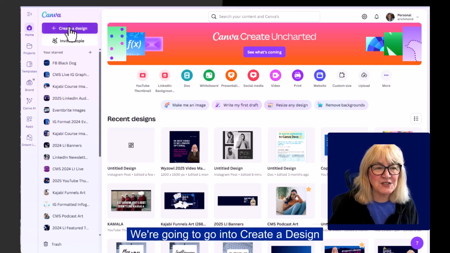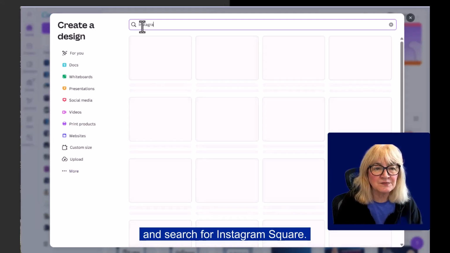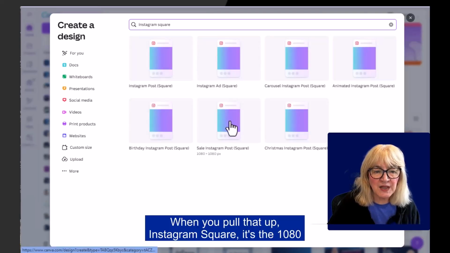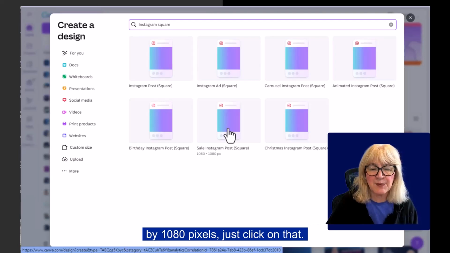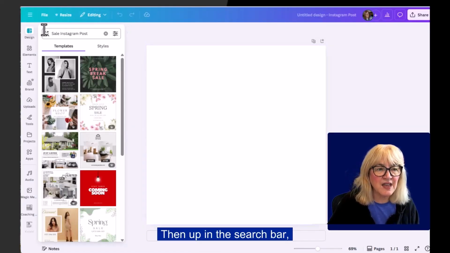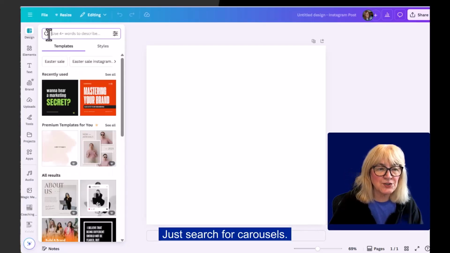Okay, so we're going to go into create a design and search for Instagram square. All right, so when you pull that up, Instagram square, it's the 1080 by 1080 pixels. Just click on that. And then up in the search bar, just search for